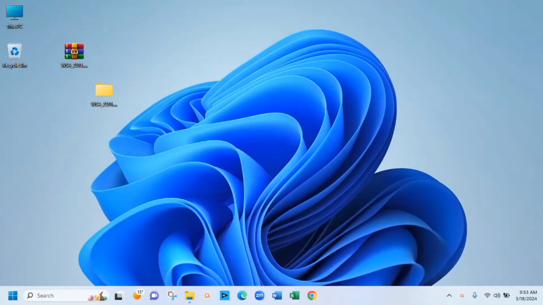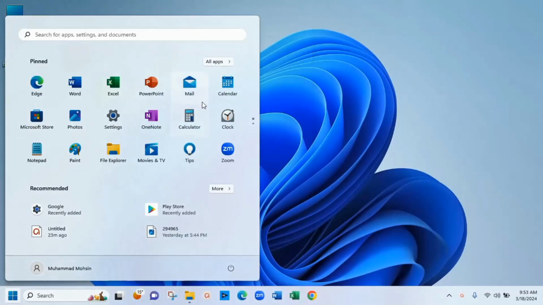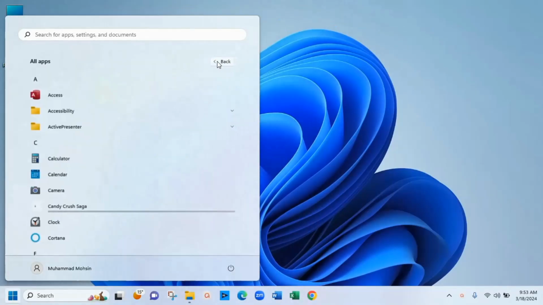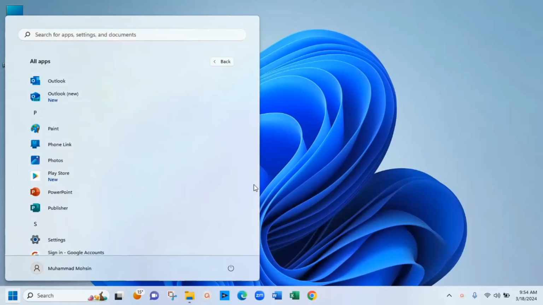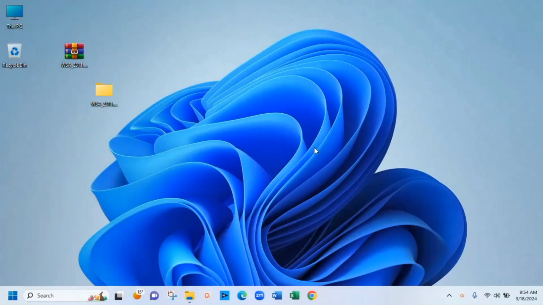Click on Start menu and select All apps. Scroll down and you will find the Play Store. To add the Play Store to your desktop, drag and drop it. Now open it